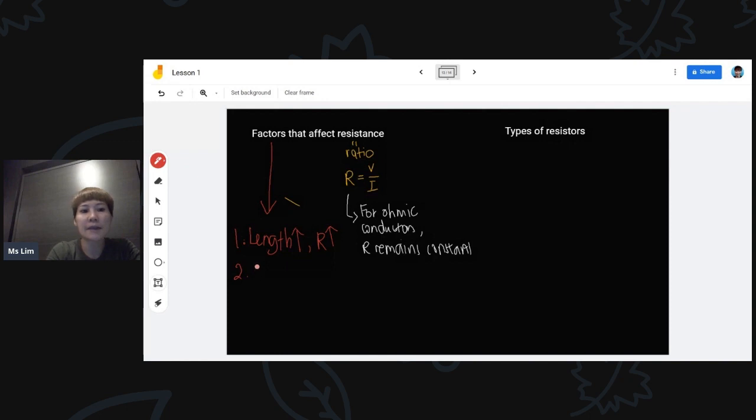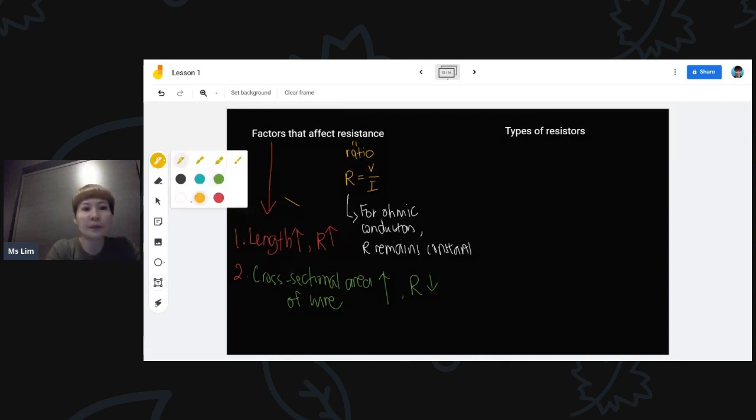The second thing that affects it is the cross-sectional area. Number two, the cross-sectional area of the wire affects it as well. So the thicker the wire, the lower the resistance. Think about a very narrow road versus the expressway. The expressway is wider, allows current to flow easily, so therefore resistance drops. But if the road is narrow and winding, it's very difficult to travel, then it's going to slow down the